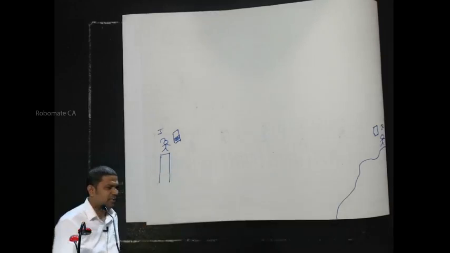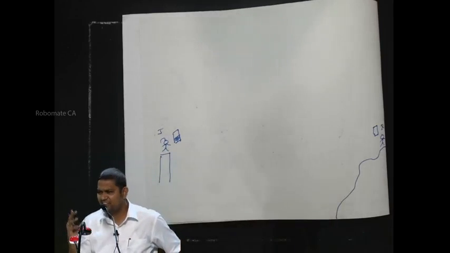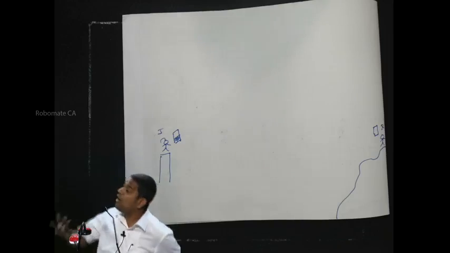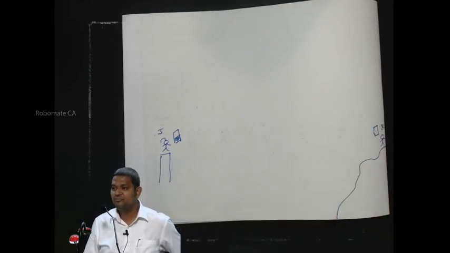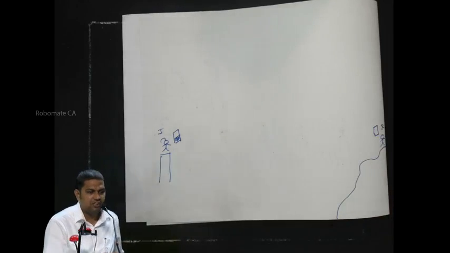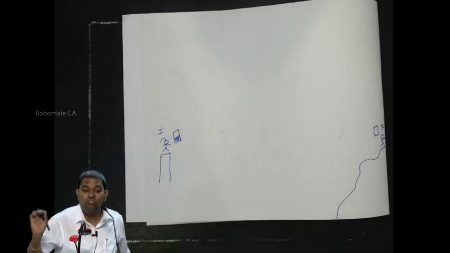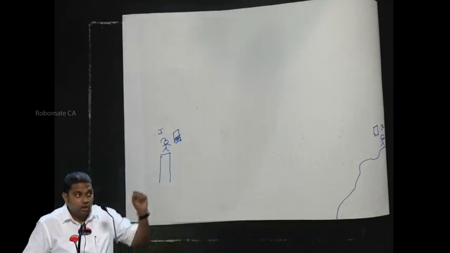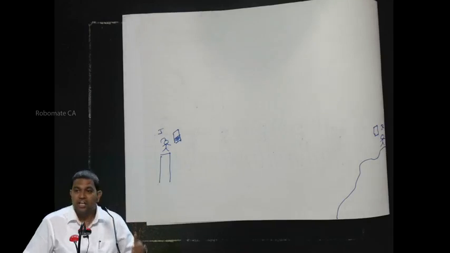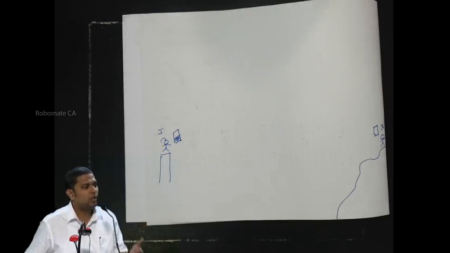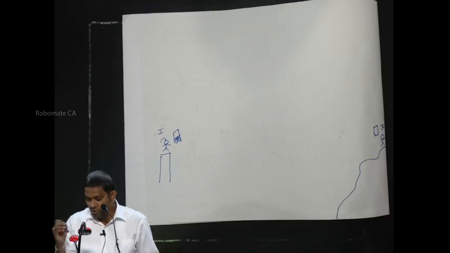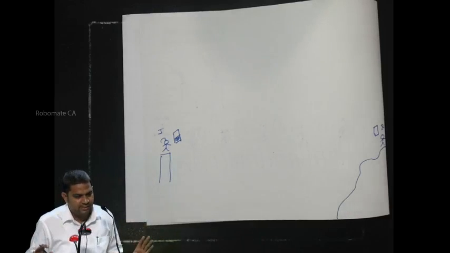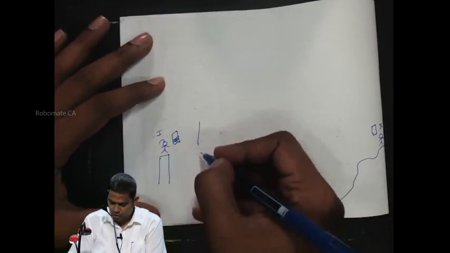Has anyone thought how a very small device is able to connect to one more small device which is very far away? How does this technology work? It works on the principles of microwave. When Miss J is calling someone, she is not calling that person actually. That cell phone is calling the base station. Base station is nothing but a tower. Suppose she is having an Airtel connection. So the nearest Airtel tower is called the base station.